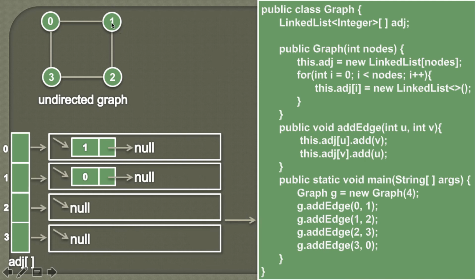Then we can also see that there is an edge from 1 to 2. So we call the add edge method by passing 1 and 2. In the first step, to the linked list at index 1 we add the value 2. So it would look something like this. Moving ahead. And similarly to the linked list at index 2 we will add the value 1. So it would look something like this. Moving ahead,